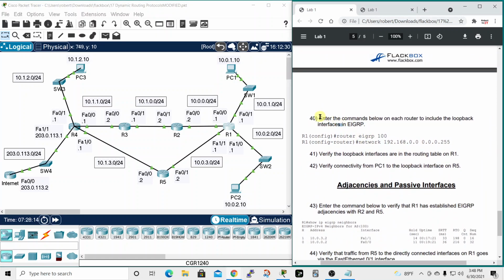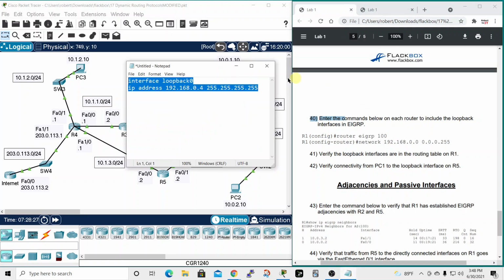So 40, enter the commands below on each router to include the loopback interfaces in EIGRP. So now we're going to actually tell the routers how to get to those networks. So enter the commands below on each router. I'm going to pull up my notepad again because we're going to reuse these. And the commands are router EIGRP 100, and the network will be